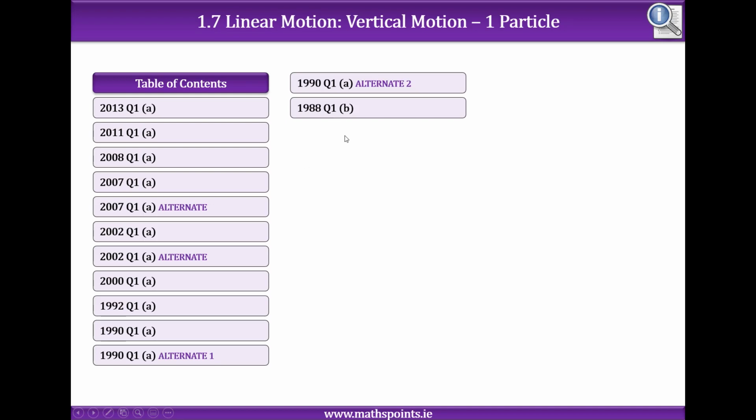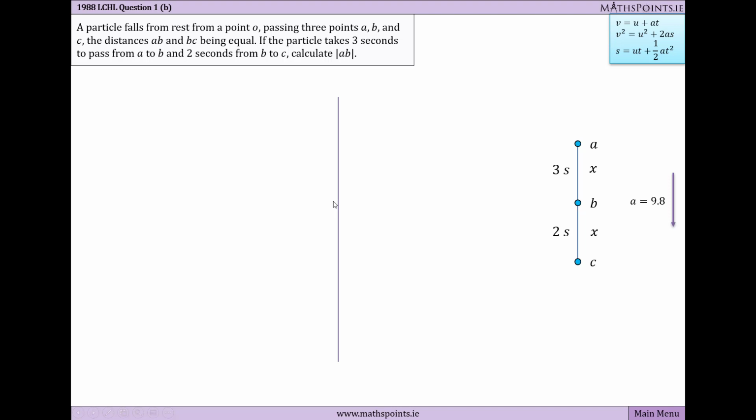So we're going to have a look at this linear motion question 1 from 1988. It's a question about vertical motion. A particle has fallen from rest at a point 0 and passed 3 successive points, A, B and C. We're told that the distances from A to B and B to C are equal, so I'm just going to